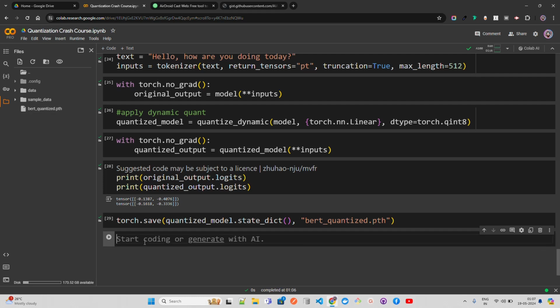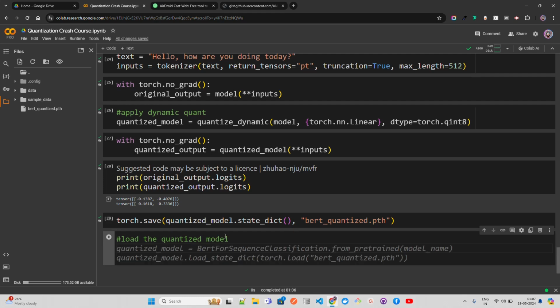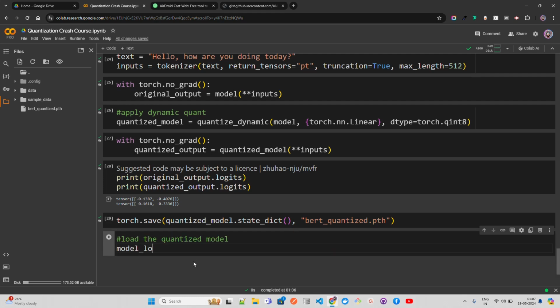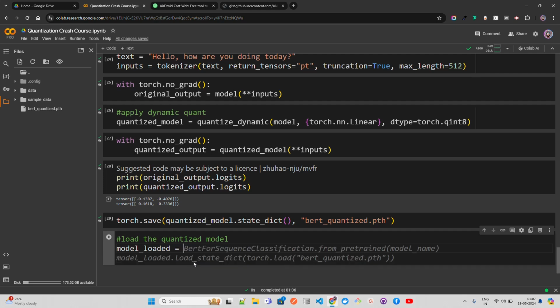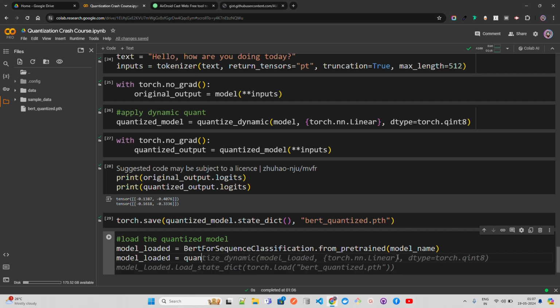Now, how can you load the quantized model? Let me write it here. Load the quantized model, because you'd like to do quantization and then load it again, right? To load the quantized model, I'm going to write model_loaded equals BertForSequenceClassification.from_pretrained with the model name. Then model_loaded equals quantize_dynamic with model_loaded and torch.nn.Linear.